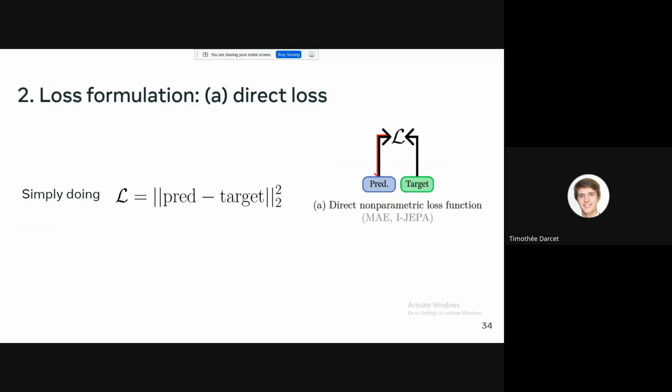Now, you've got the first choice. We use the EMA encoder, but then there's the second choice. What is the loss you use? And usually the exact loss you use is really not very important. The reason we're discussing this is because even though we could do a direct L2 distance, or squared distance, between the two tokens, prediction and target, or whatever, there is a small